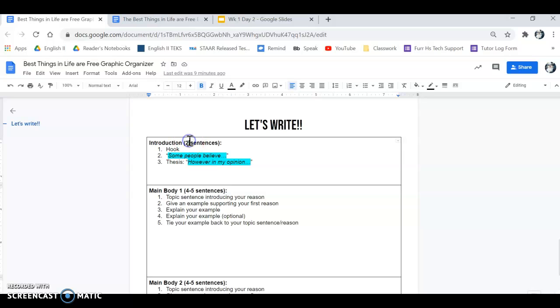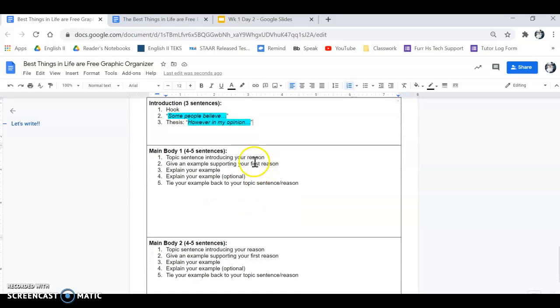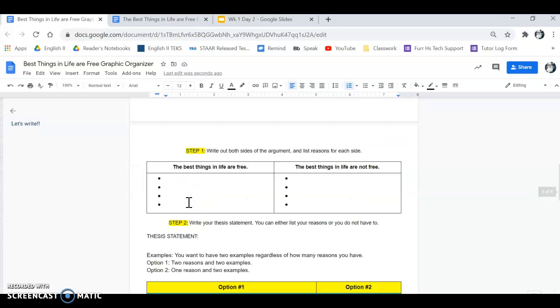In the introduction, I have 3 sentences. The first one is a hook; there are notes for that in your notebook. Then I say some people believe, and I introduce the counter argument. And then I write my thesis, however, in my opinion. Remember, on this assignment I am only looking at your thesis statement. Then you go to your main body. Your first sentence is a topic sentence. Your second sentence is an example. Your third sentence explains your example, and in sentence 4 you tie it back. So, to conclude,